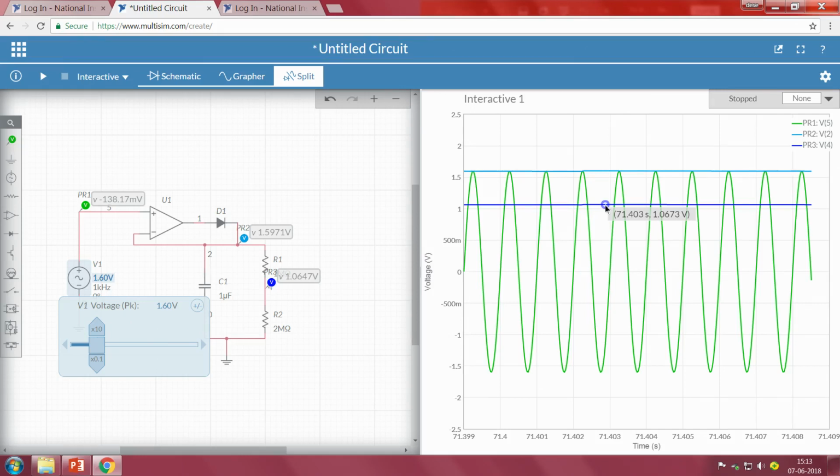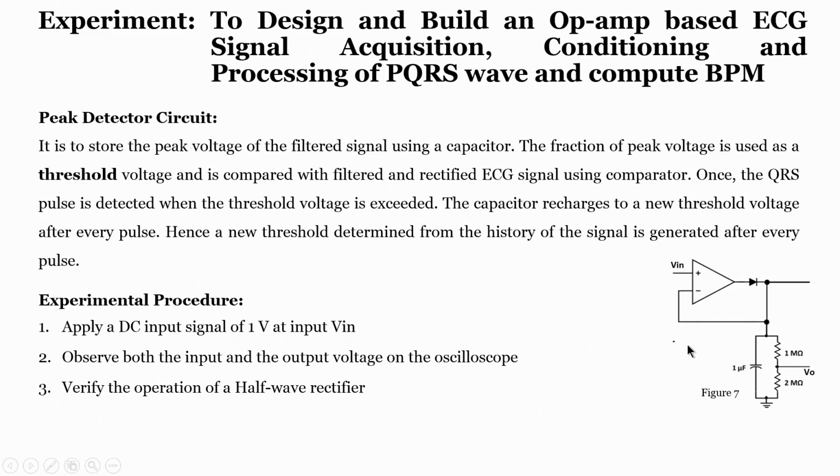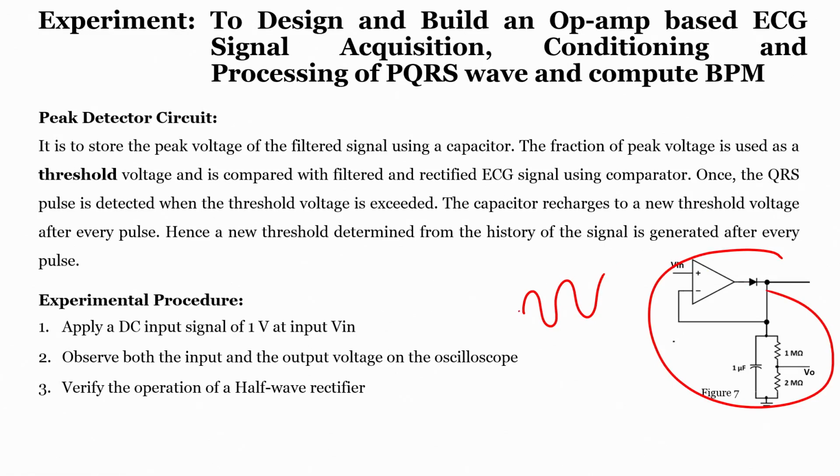Now, in order to do that, we will implement the other part of our circuit. When we look into our presentation, this particular part we have seen, and if the input signal is a sine wave, then at this particular point the output will be, because of the capacitor, charged to a particular value, that is nothing but the peak value. So, that means we are able to see the peak value. Now, at this particular point we can also create a threshold.